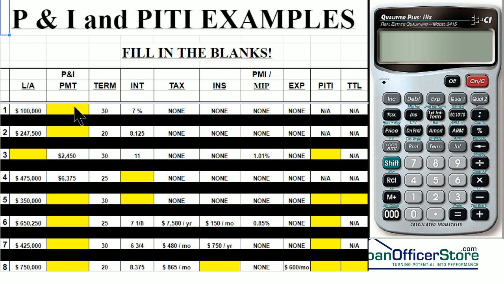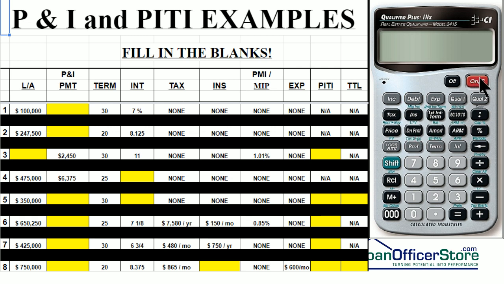the answers here. So in example number one, we have a loan amount of 100,000, a term of 30 years, and an interest rate of 7%. And if you remember, I had said that there was nothing else that we had to do in this example. So all we're doing is solving for what's highlighted in the yellow, which is the principal and interest portion of the payment. And the way we do that is we would take 100,000, and you always put your money in